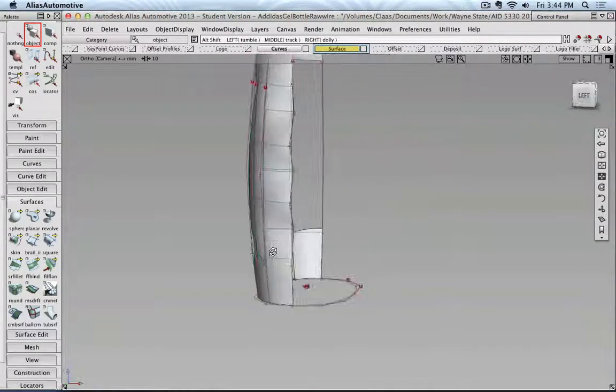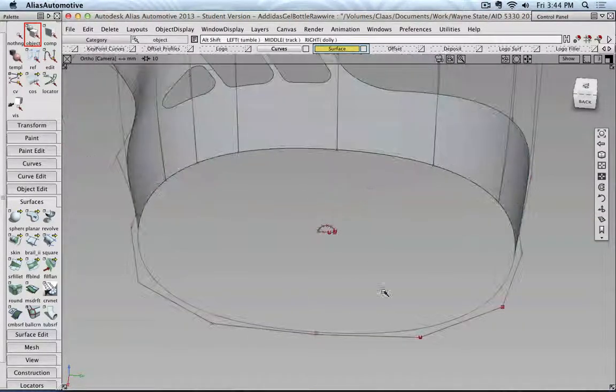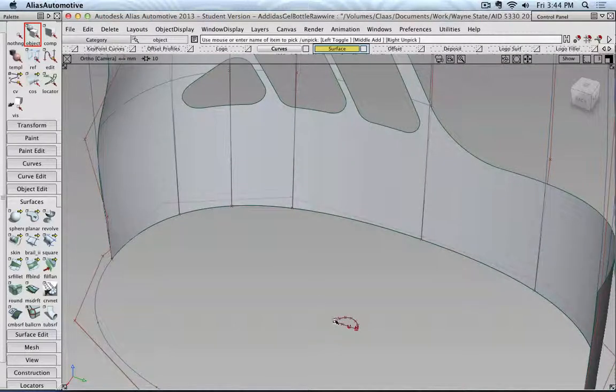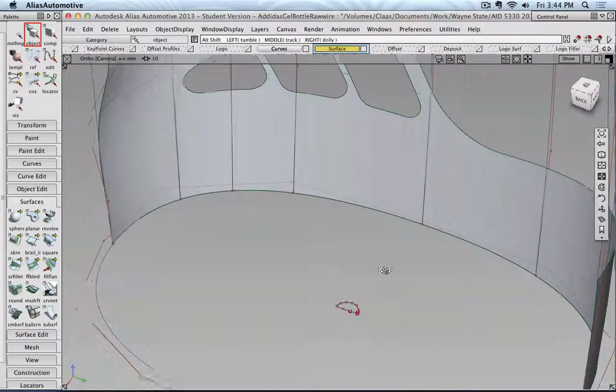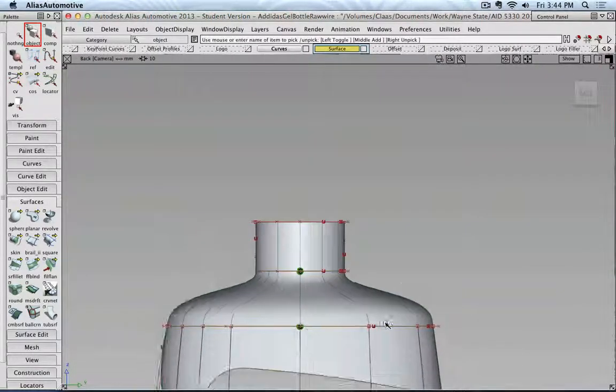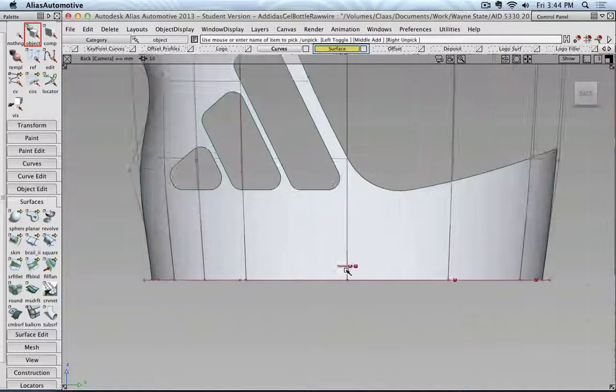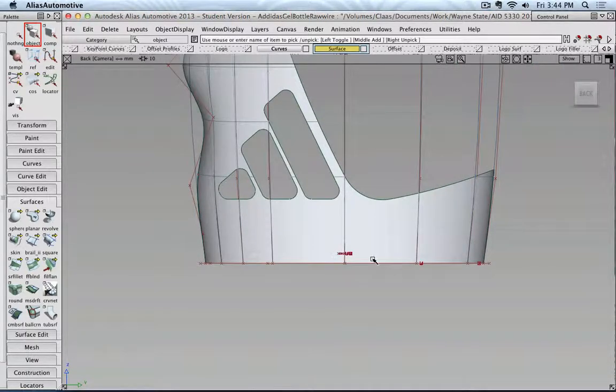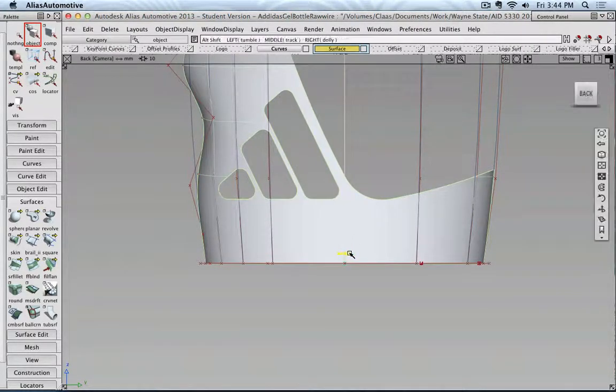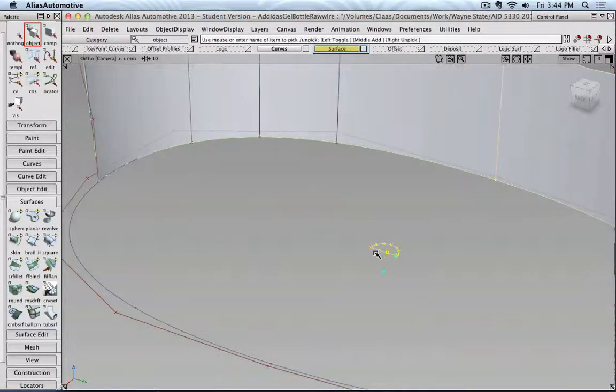So let me turn on my curve layer and show you what I have here. You see that I have half a circle and a line. And from a side view, you can see those profiles are a little bit above the ground plane. So they will define the height. And the reason behind those is simply that this line and the arc can create